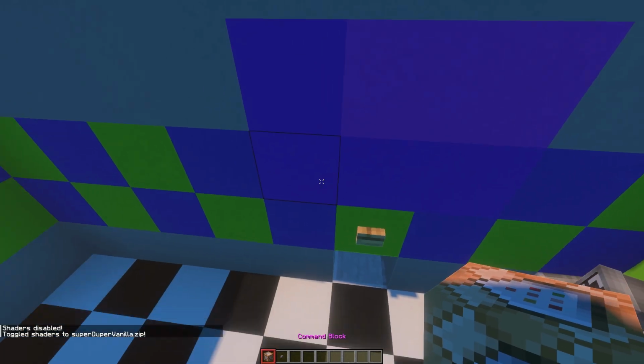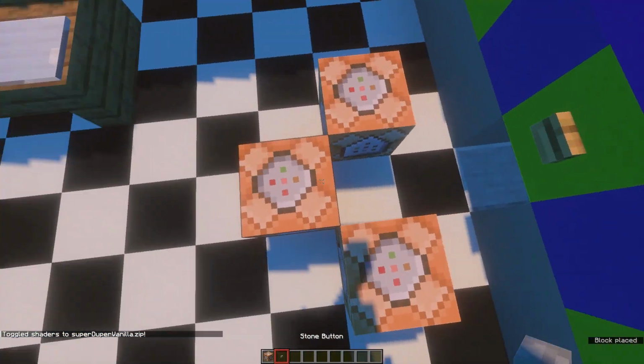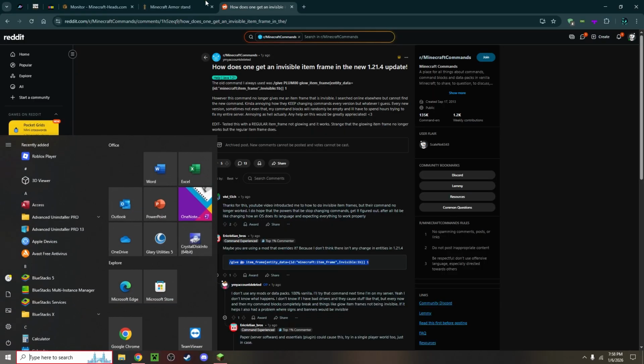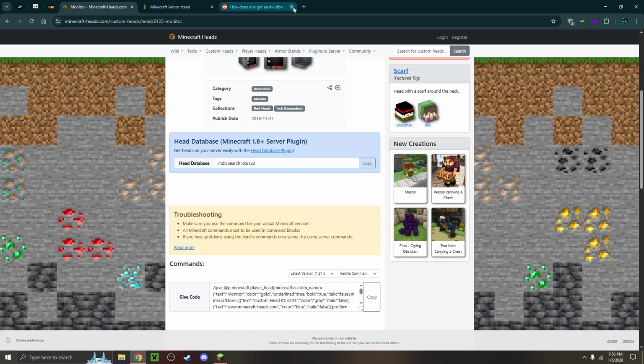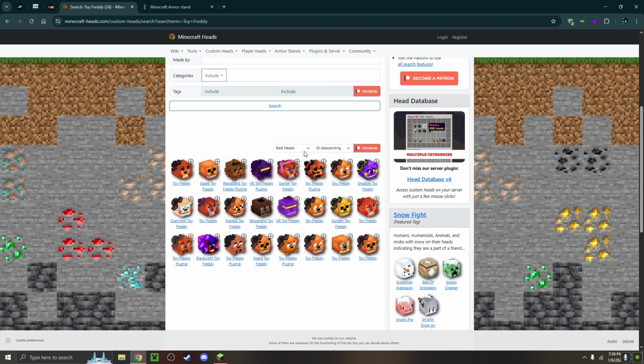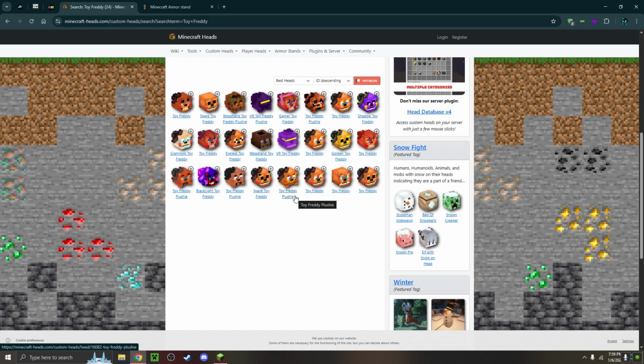Okay, and we're going to be grabbing 3 custom heads, and a way that you can get a lot of custom heads at the same time is by just doing this formation. Oh yeah, I got the thing on Reddit. Toy Freddy is the first custom head that we're going to get, and the head that we're going to use is...